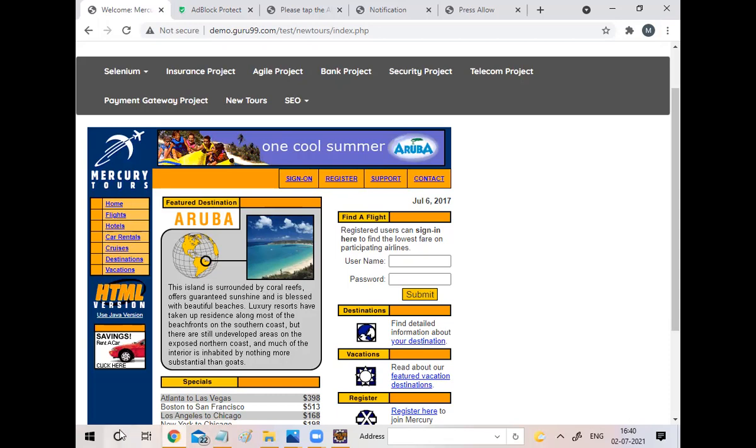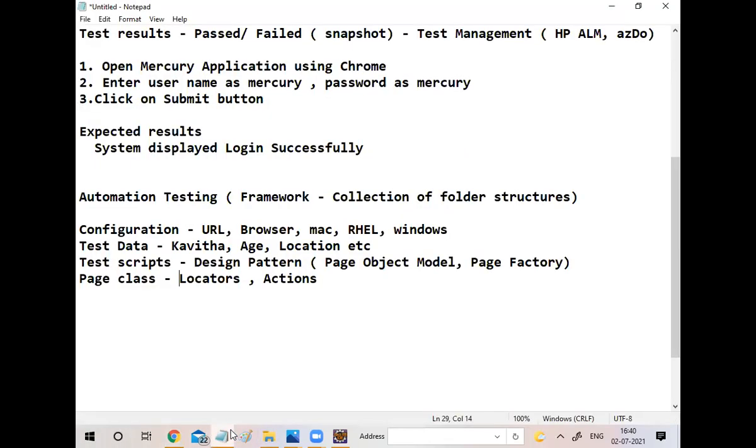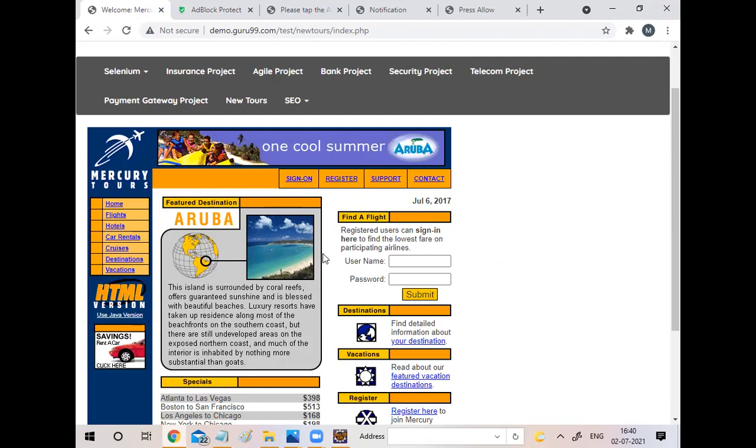That is where the page object model concept is really helpful. So we have to make separate classes, one separate class for every page, for better identification and maintainability.